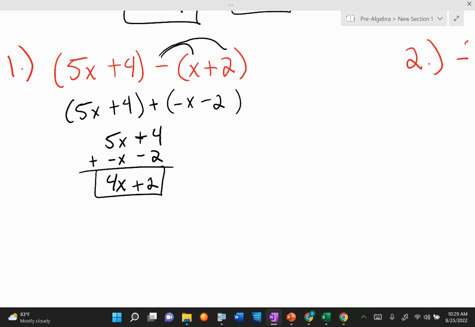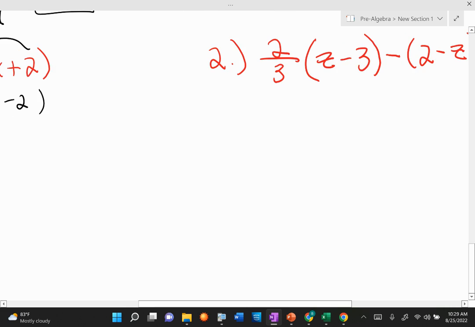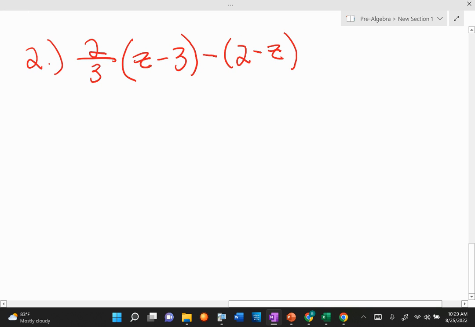All right. Let's look at number 2. I'm going to walk through the last thing for today. If I could just get your attention for 2 more minutes, please. This problem right here will be the last one for today. You will have a problem similar to this addition and subtraction stuff when you come to class on Monday. I will also be checking your notes on Monday. You need to have